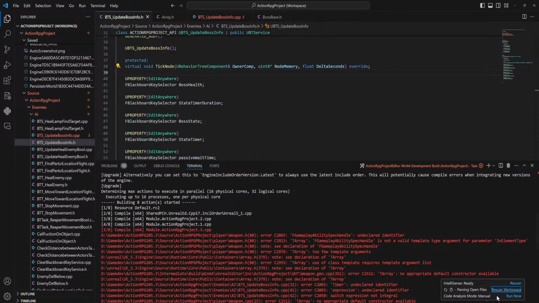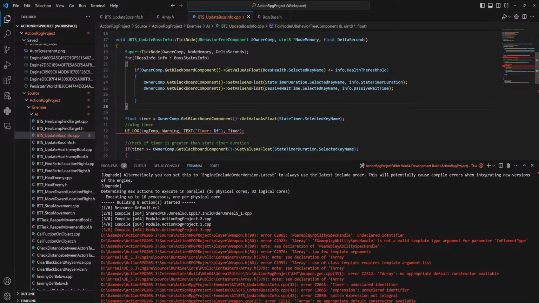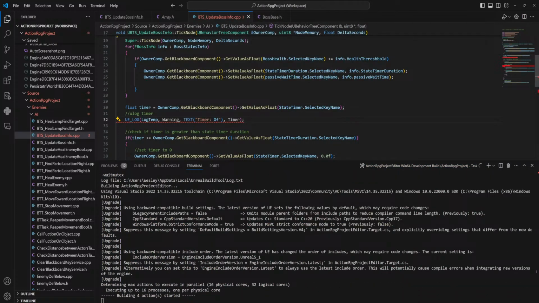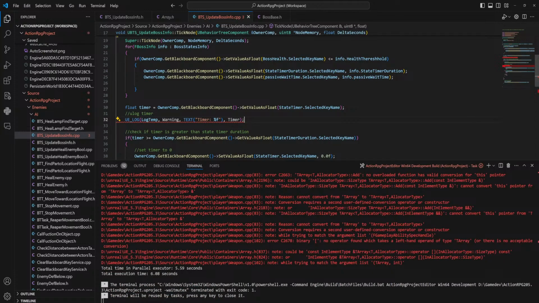Rescan workspace. Something is going red. It's ulog. It's not liking that. Okay. Parsing is now complete. Which might suggest that it's fixed itself. Probably should have done a compile after the whole merging. Fuck!